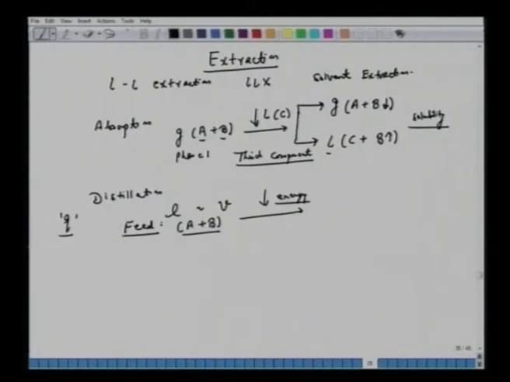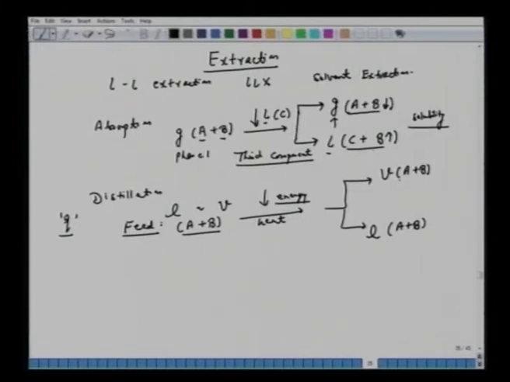So here we add energy, heat. All right. This heat causes separation. We have a vapor phase and we have this liquid phase. The vapor phase contains A plus B. See, notice the difference: A plus B here and C plus B. Now, water can also evaporate into this gas phase, but if you neglect this evaporation of water, then you have this gas plus liquid, A plus B and C plus B.